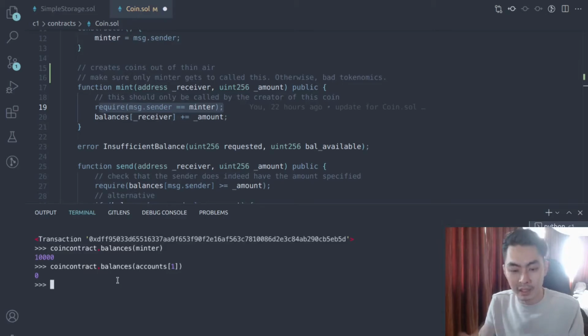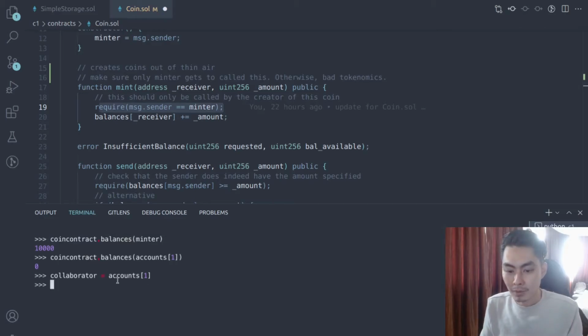Let's go and create another guy. Let's say we have a collaborator. A collaborator is somebody who collaborates on this project, who helps us with the QA, checks our code, does our testing, looks for bugs, and maybe helps with community management. So we call this guy a collaborator. So let's do collaborator, and we're going to go into accounts, and let's call the second guy. Oops, first guy, this one, second guy. Okay, so second would be index of 1,